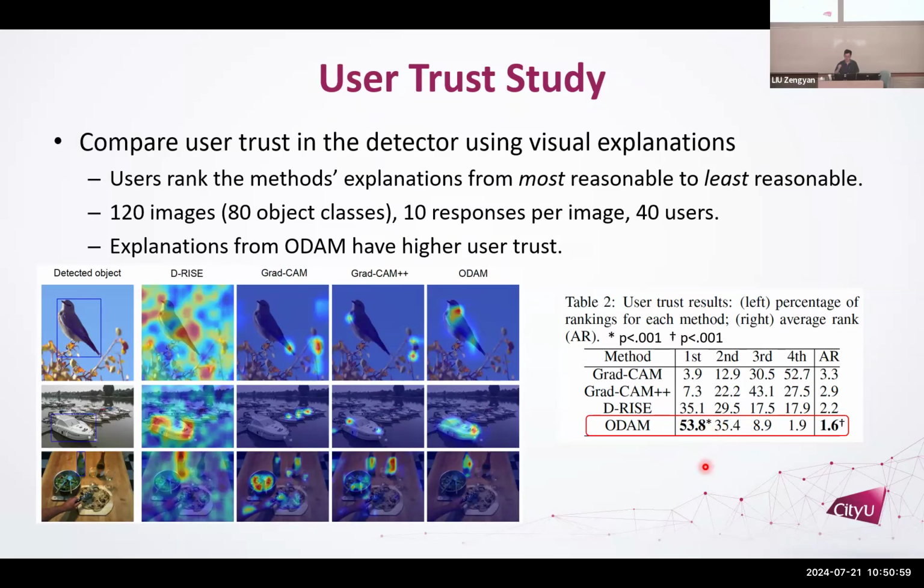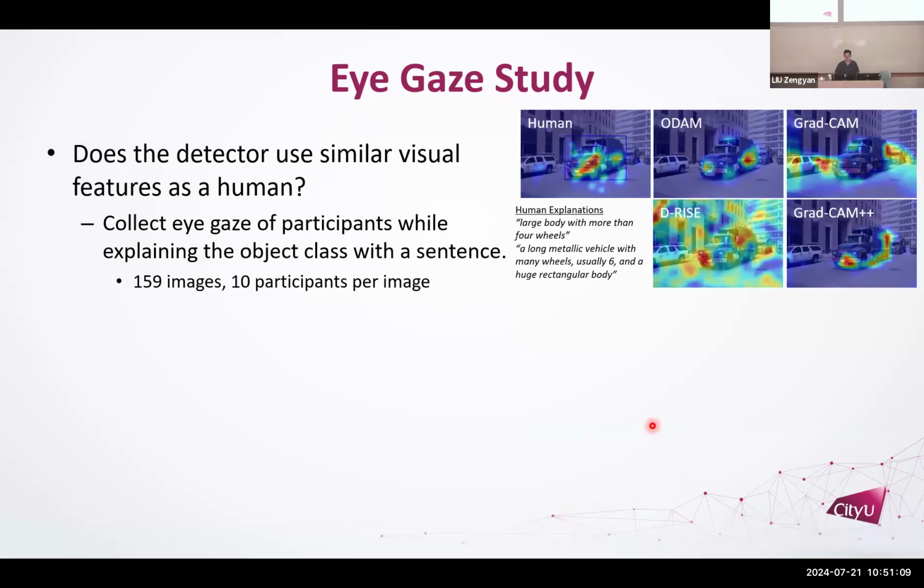Another thing we can look at is, well, it's more trustworthy, but why is it more trustworthy? Is it related to something about humans, or is it just that the model is better? So we're interested to see whether the similarity of the saliency maps we generated to how humans perform the task is related to the user trust. Because if something performs more similar to you, then usually you will trust it implicitly.